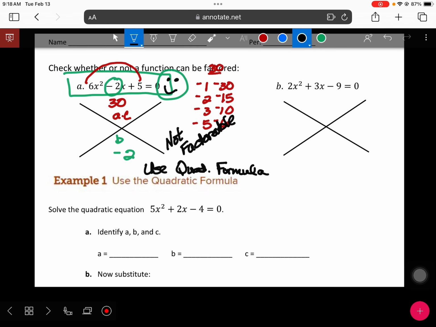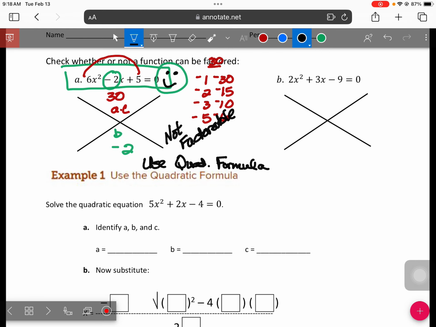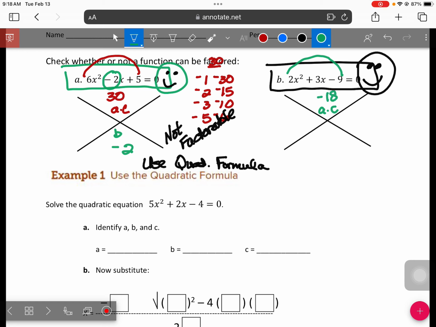All right. We don't have to do the quadratic formula yet. We're just seeing whether we can factor them. So for B, is this in standard form? Yes, it is. We got the 0 at the end, the smiley face. We're all happy. I need to do A times C. Again, I'm kind of doing the rainbow thing. 2 times -9 is -18. And my B value in the middle